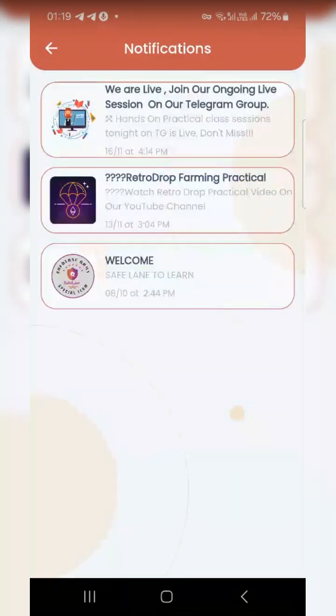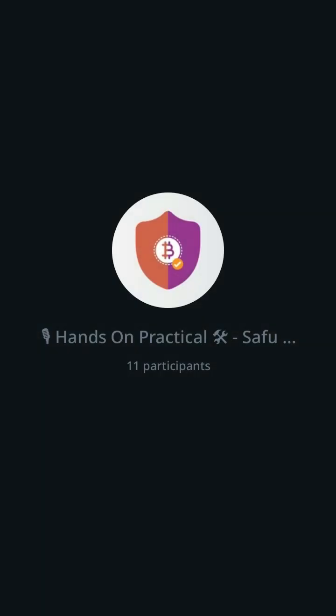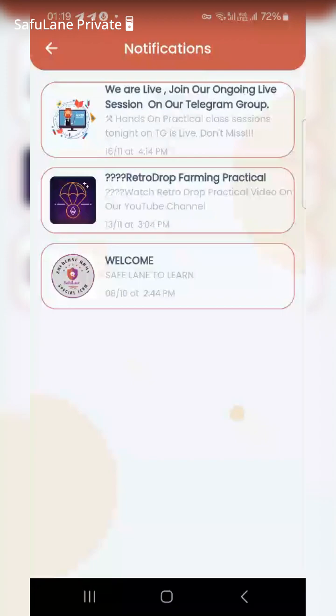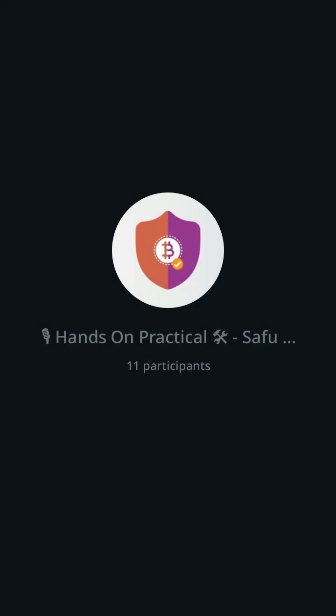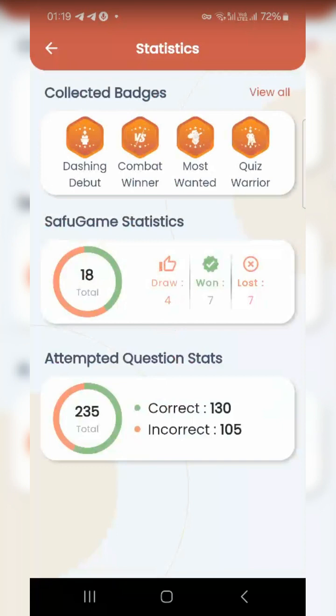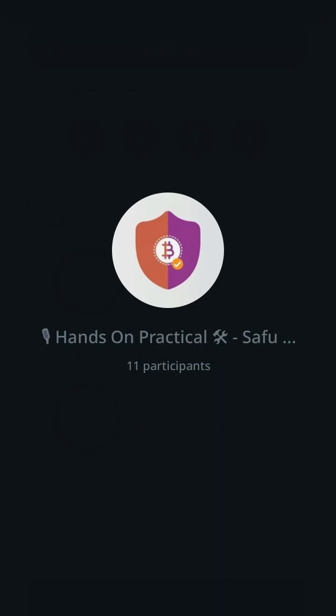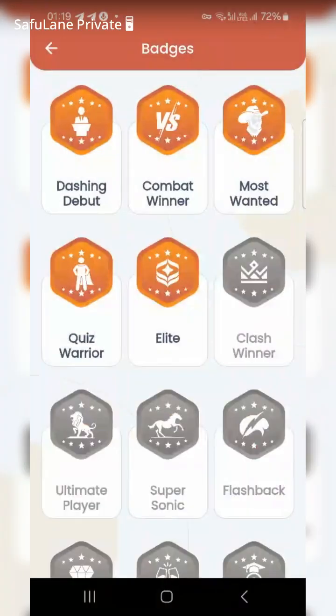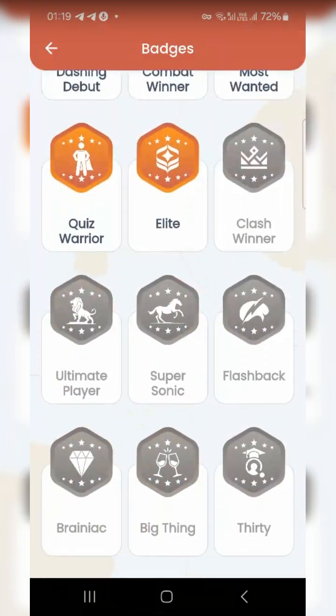Then we have the notification icon. When you click on the notification icon, we can always push notifications to you directly on your mobile app. So everything we are doing, you can easily get notified through this medium. And we have a statistics tab. It shows you all the badges you've won, all the games you've played, drawn, and lost, the questions you've answered, the correct ones, the incorrect ones. You can view all badges. For me, I've unlocked about 5 badges. So I still have a lot to unlock,